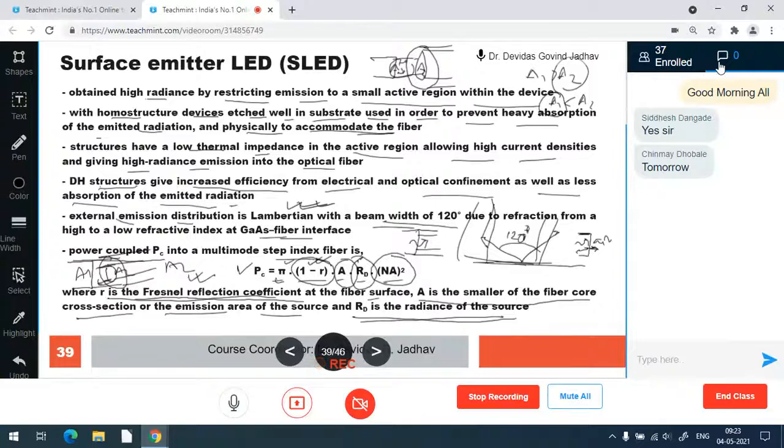Okay, Chinmay, we will continue tomorrow. Only 3-4 slides are remaining from the LED, and then we will solve the problem. Tomorrow, be attentive, all of you, because we are discussing the problem solving. I am stopping the